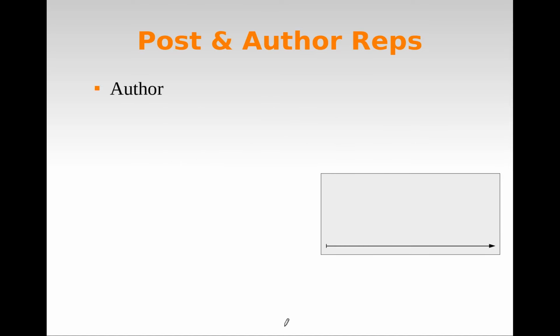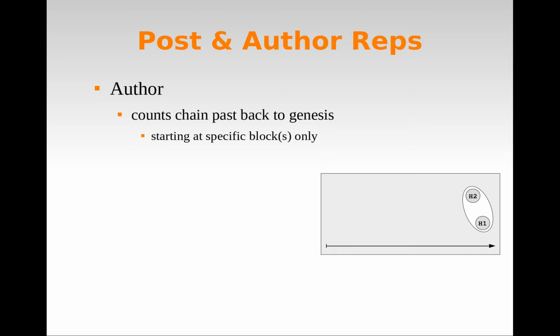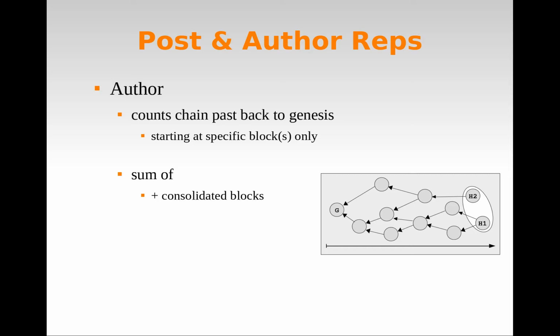The author reputation is always evaluated starting from a set of blocks of reference. For example, here we count starting from the last two blocks in the chain. The reputation will now be counted backwards down to the genesis block. The author reputation will be the sum of his posts with more than 24 hours plus the likes his posts received, minus his dislikes, and yet minus all given likes and dislikes.